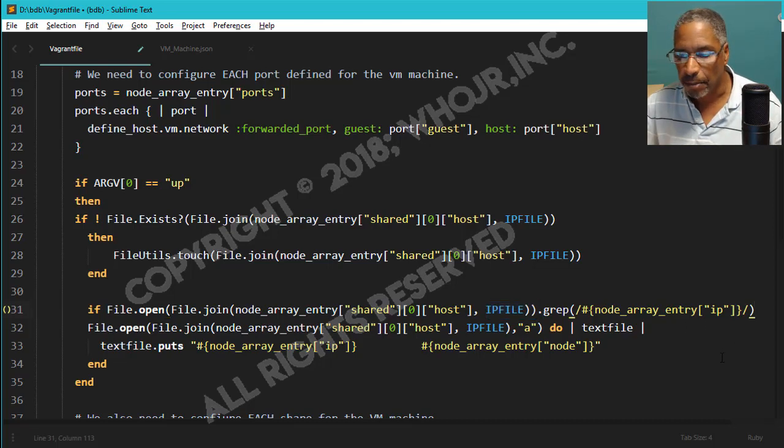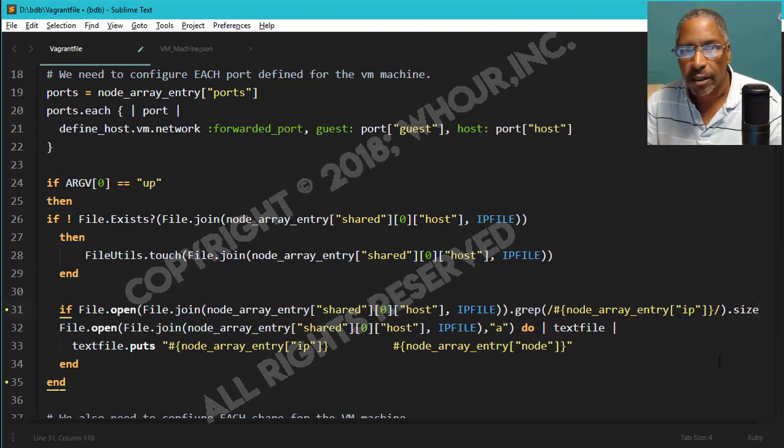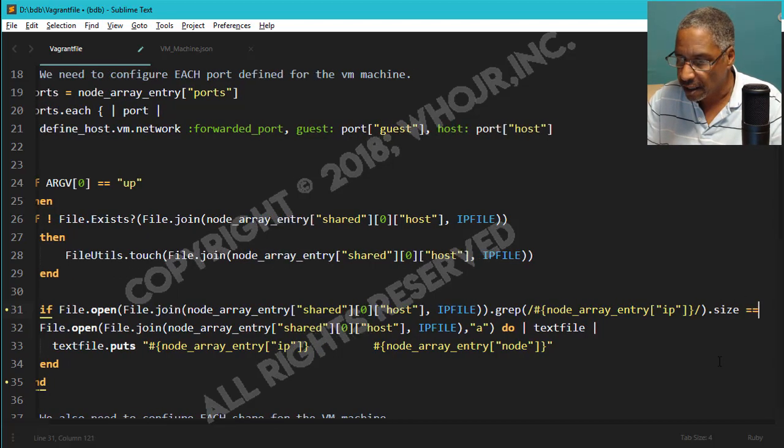So the best way we can do that is we can check the attribute size to see if it's greater than 0. And if it's equal to 0,